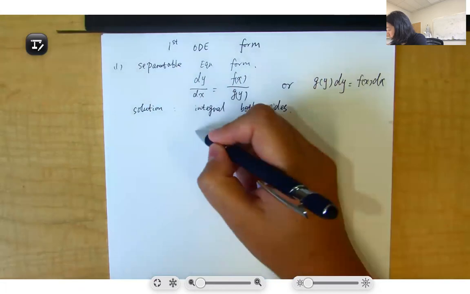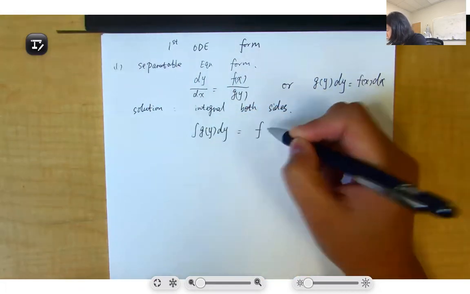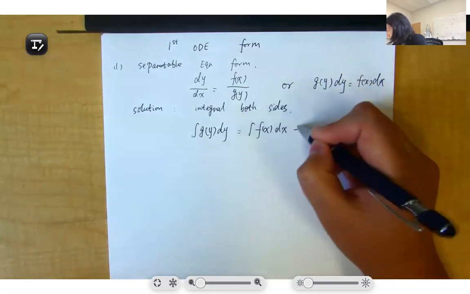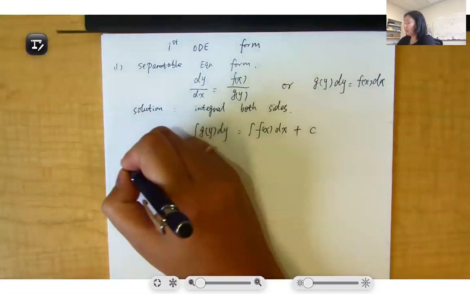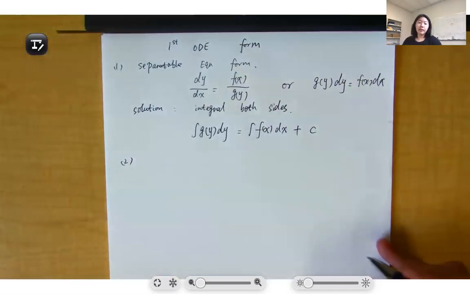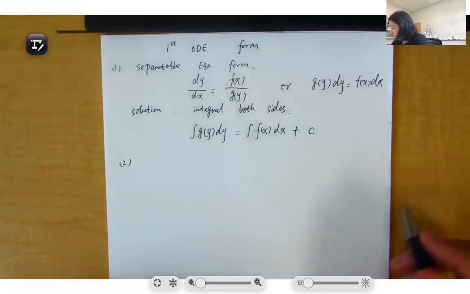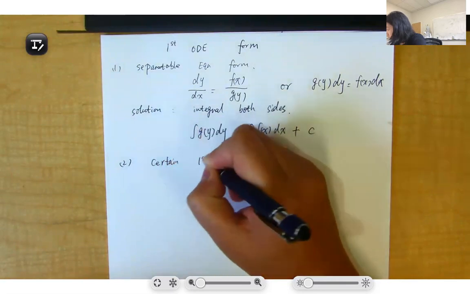We have the integral of g(y) dy equals the integral of f(x) dx plus some constant. Okay, so it's the easiest one. Then the second one is a little bit more complicated as compared to the separable equation form, but similar. So for certain first order ODE,